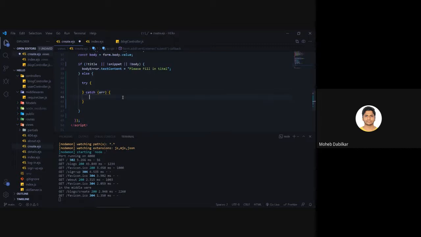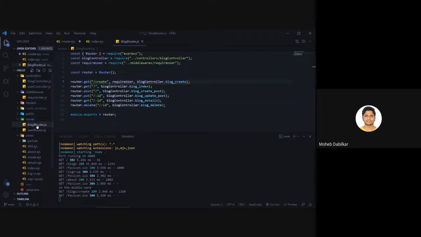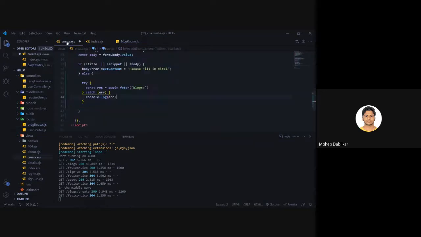Okay, so now this is snippet for me. I'll prefer ERR. For now, we will be just console logging any error that we get inside our block. All right. So let's just start. So we should say start by getting data from backend. So we'll say const res equals to await. All right. So right now we are already there, and then we will say fetch, and then we want to go to the blogs part, right? So right now, if we go to the blog controller, not specifically there, we should be in the routes. And if you see, we go to post and then slash, then we are able to create a new post. All right. So we'll say